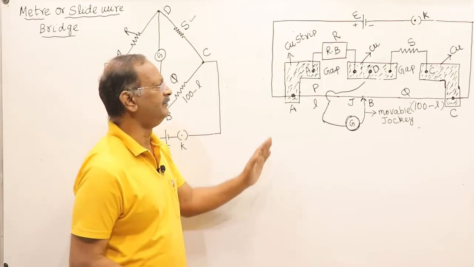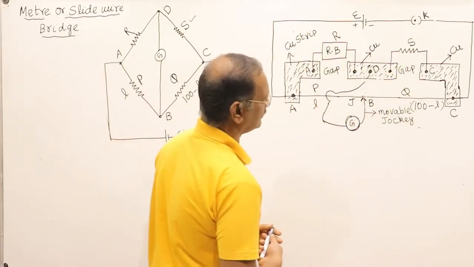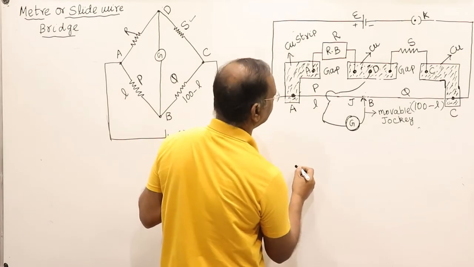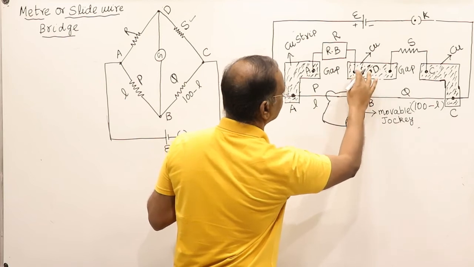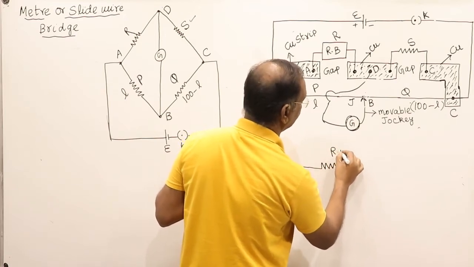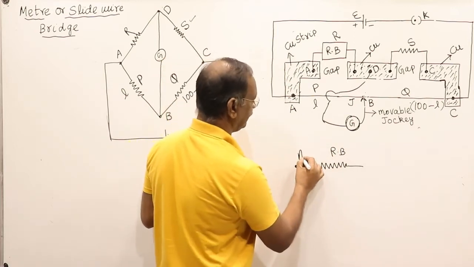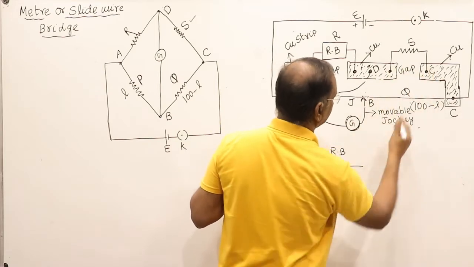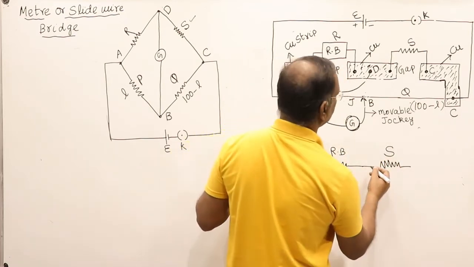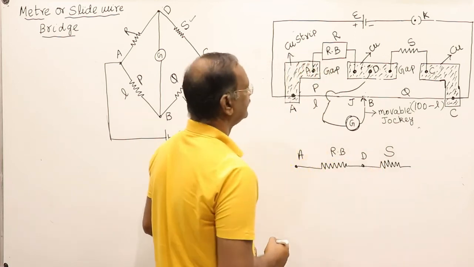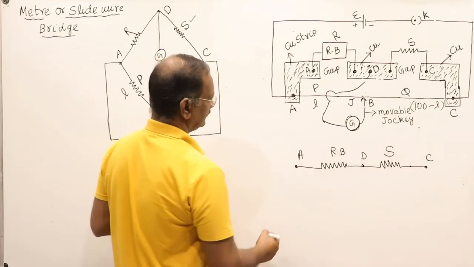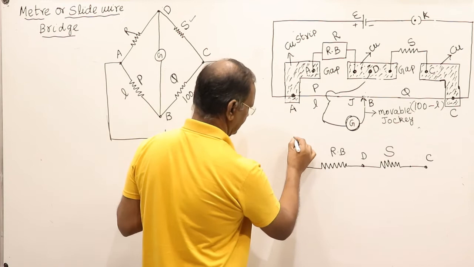Let us understand in a simplified way. See, this circuit seems to be a bit complicated, though it is not complicated. Let us draw the simplified circuit. See this point A and D. Between A and D, we have connected a resistance box, it means of known value. Then this is point A. And again from D to C, we have connected one more resistance, that is unknown resistance S, that is point D, A and D, and this is the point C. And here we have connected